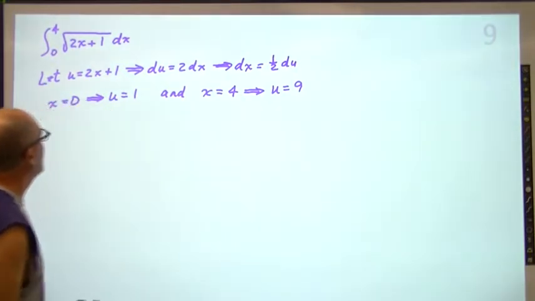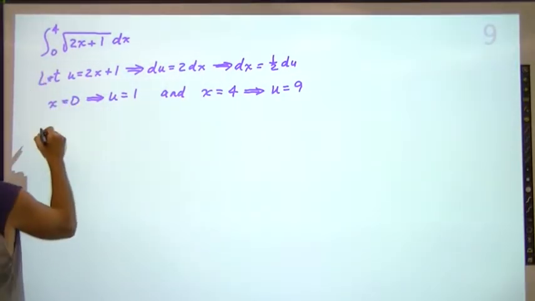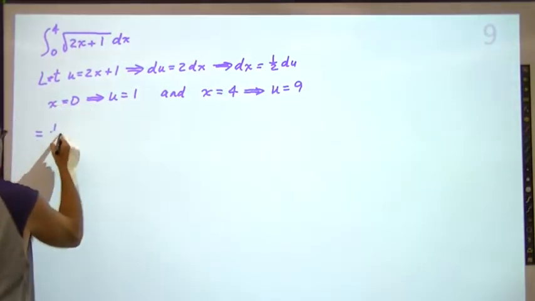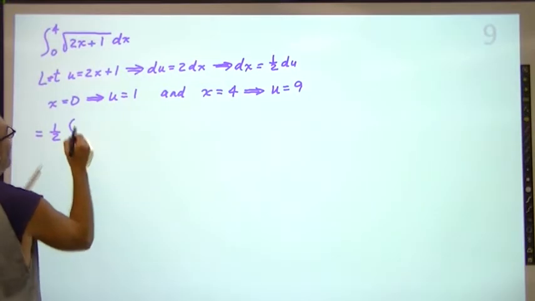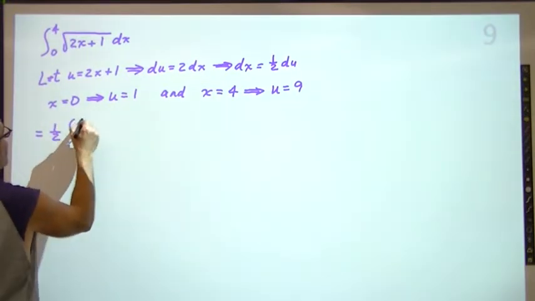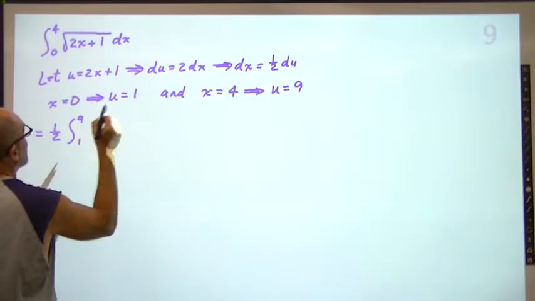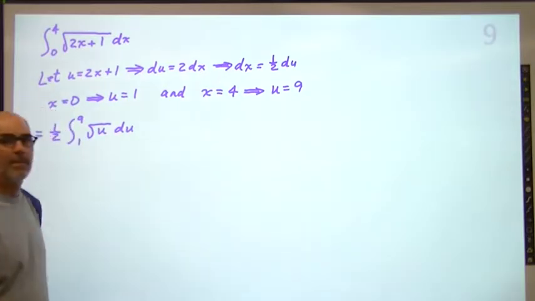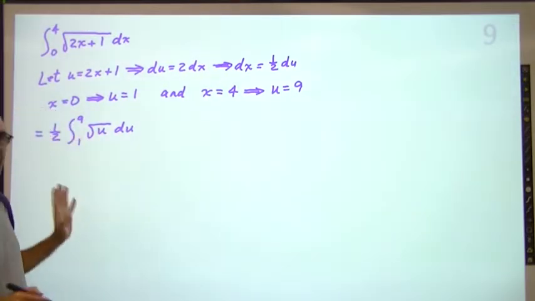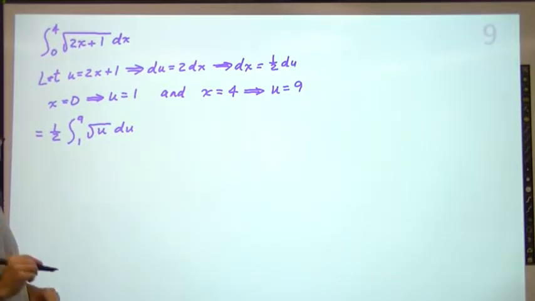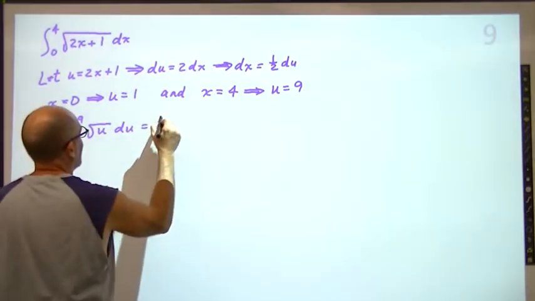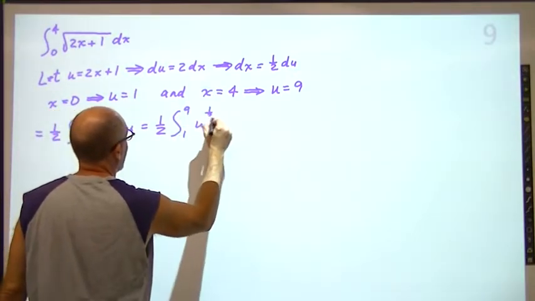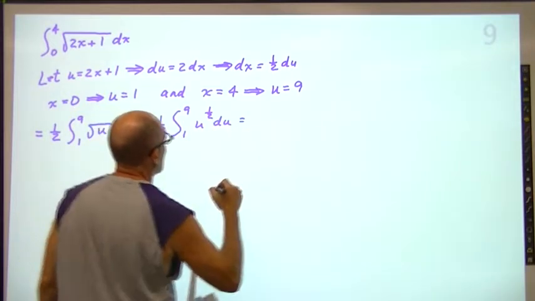Okay, so our new integral is going to be 1/2 the integral from, instead of 0 to 4, it's from 1 to 9 of the square root of u du. Now, the cool thing about this, we never have to go back to x's. Watch the magic. So we've got 1/2 integral from 1 to 9 of u to the 1/2 du, which equals,